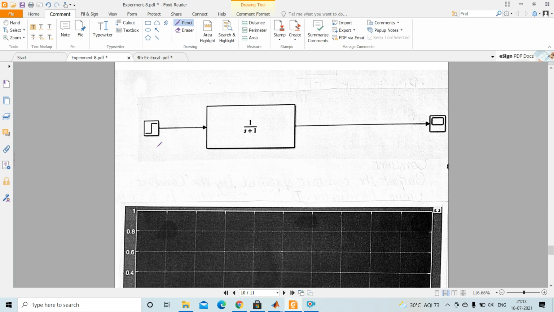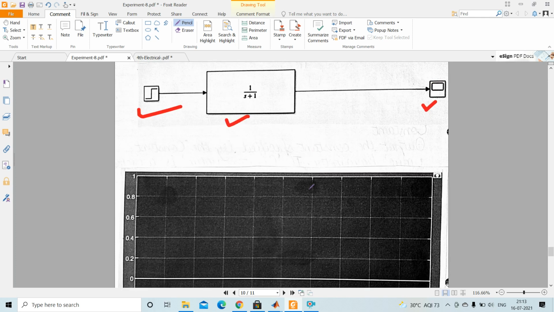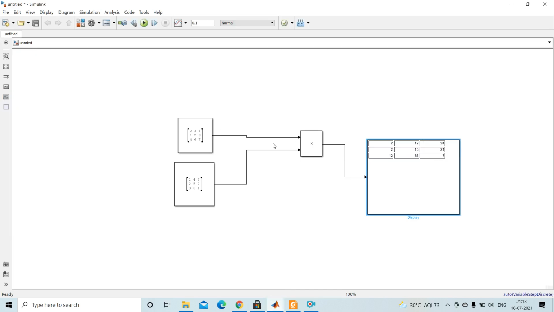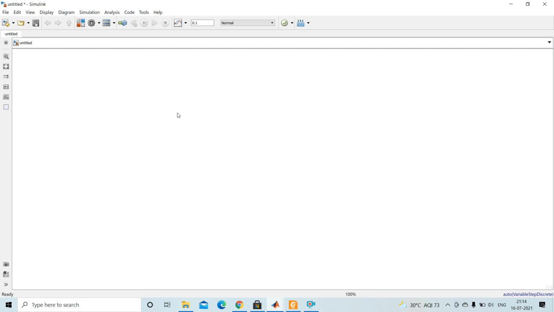Then here we are using some more blocks. We are using a scope, a function, and a unit step. Let's see how it will be done. Go to the window over here. I will clear this, I can delete. Then I am using some blocks.